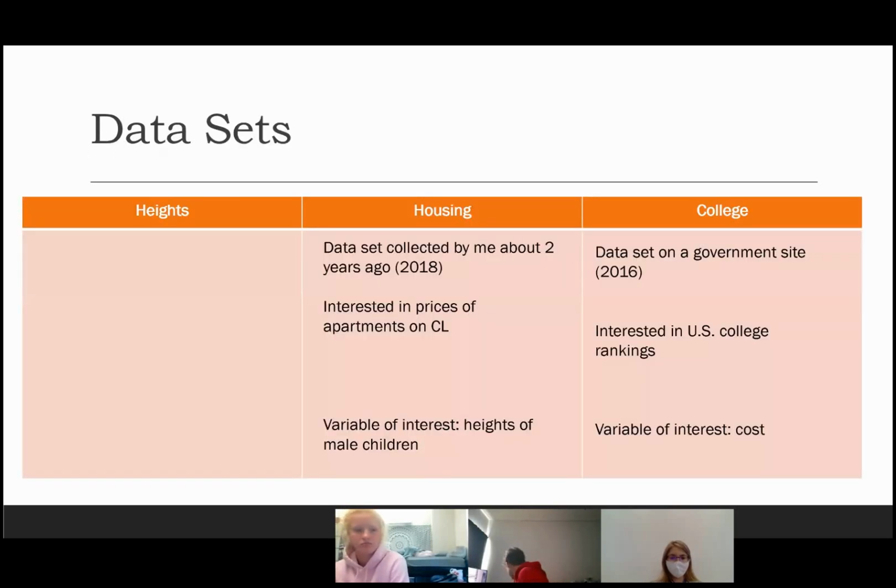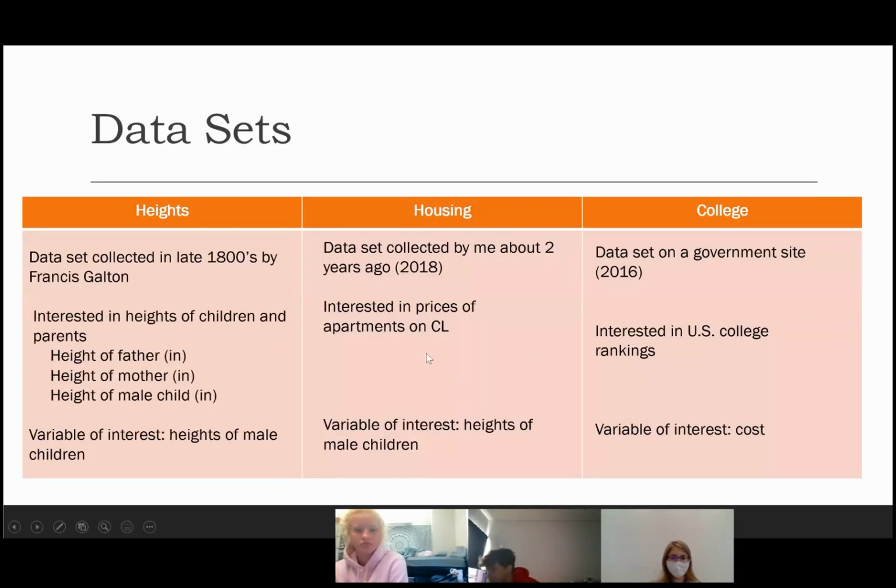So let's look at our contestants. The first data set we're going to look at is called heights. To give you a little context, this is data that was collected by Sir Francis Galton, an early statistician back in the late 1800s. He was interested in understanding if certain attributes of parents were related to attributes in children. The one particular attribute in this data set is height. So he wanted to see if the heights of the parents were related to the heights of the children, and how. However, we're going to look at a single variable. We're only going to look at just the heights of the male children. We're not going to look at relationships.